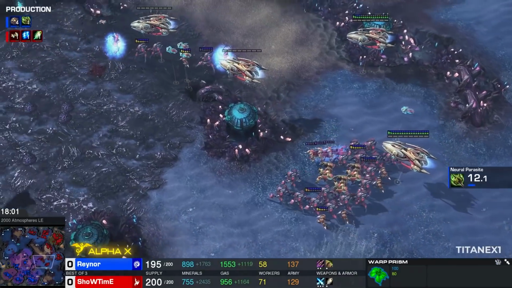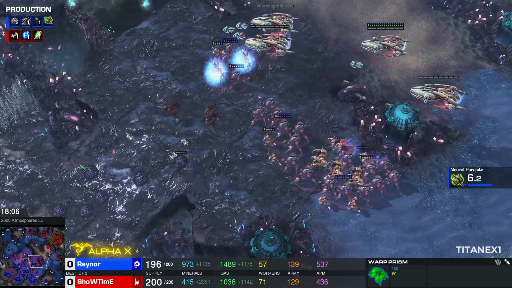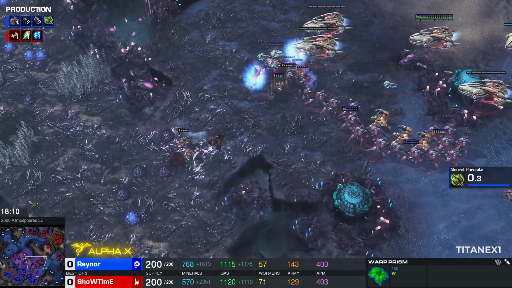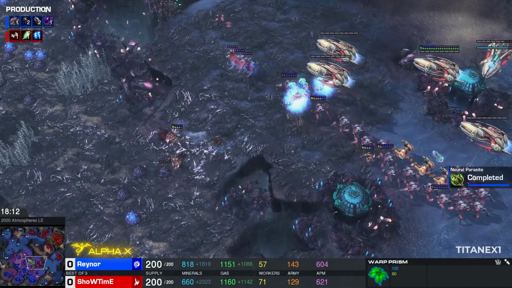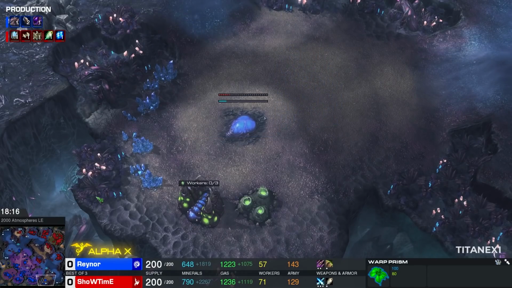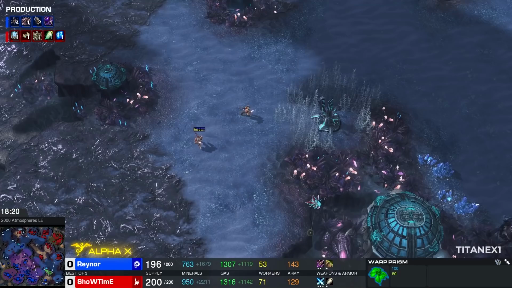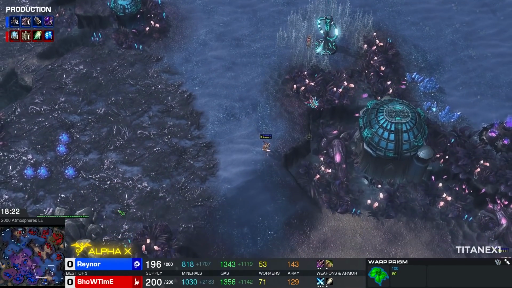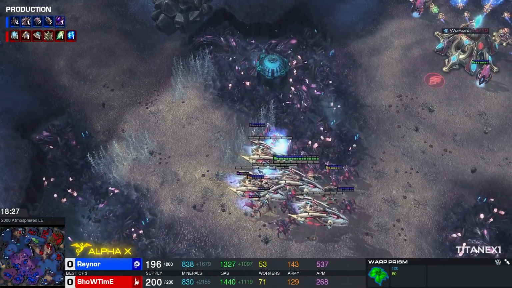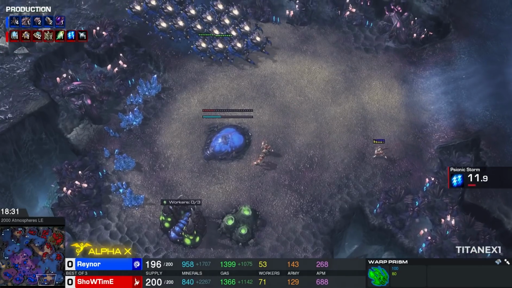Oh, and Storm is almost out. These High Templars, with the range they have on feedback, can absolutely destroy the Spellcaster-heavy army that Raynor has built. And yeah, both players are maxed out. It really counts the engagements right now. I think Showtime might have been a little bit too slow to end this game, but still, Raynor's tech is just these Spellcasters. Roaches will basically do nothing against the army that Showtime has, and he's just trying to trade them with